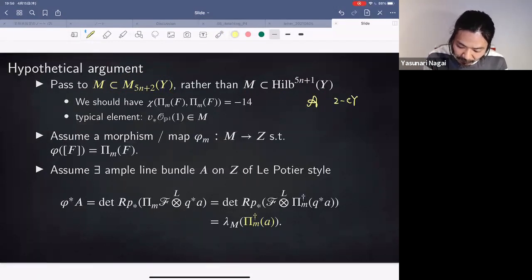So if we have some stable object, simple object from here, then